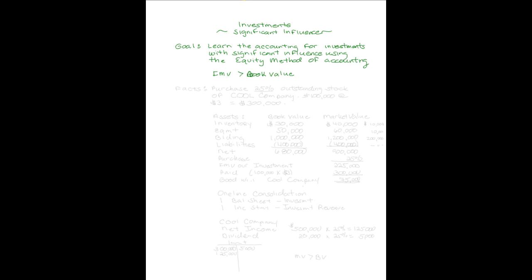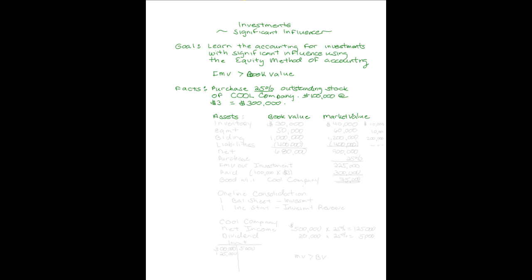Let's get some facts going. So, let's assume we purchased 25% of the outstanding stock of Cool Company. That's 100,000 shares we purchase at $3 a share. So, we're going to pay $300,000 for our investment in Cool Company. Although we are not purchasing 100% of Cool Company, we are purchasing 25%, and let's assume that significant influence does